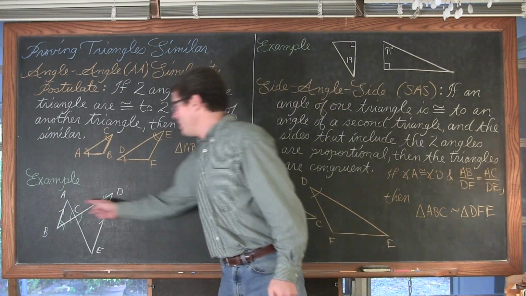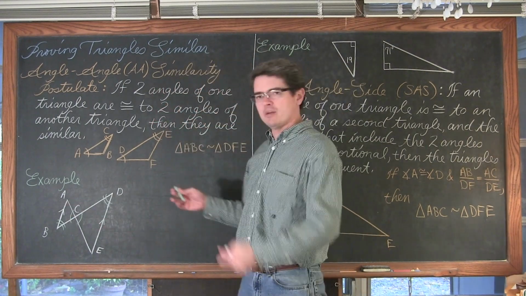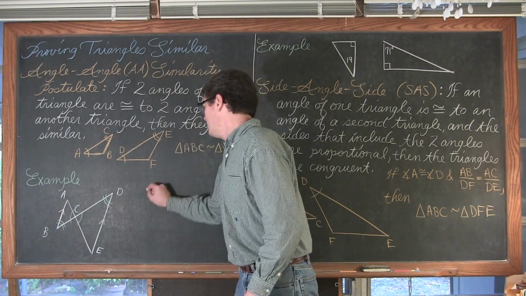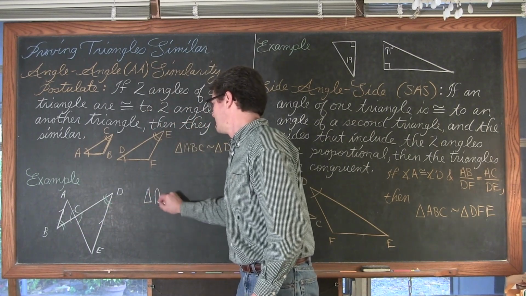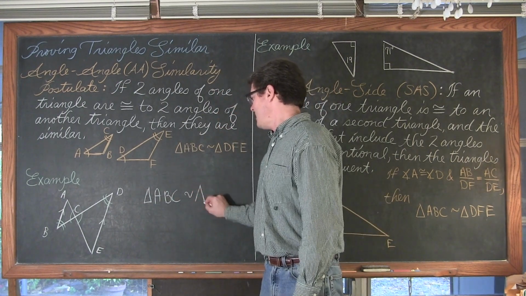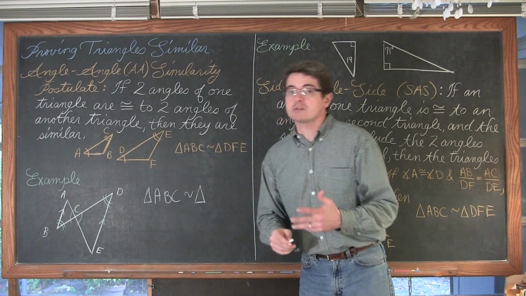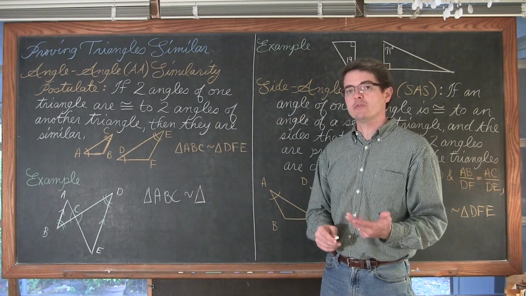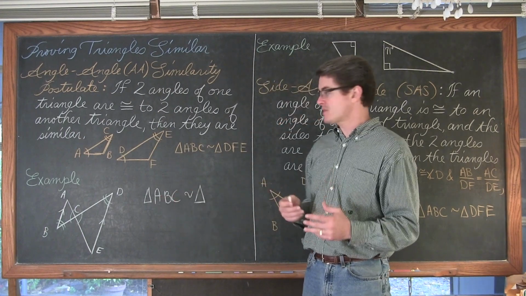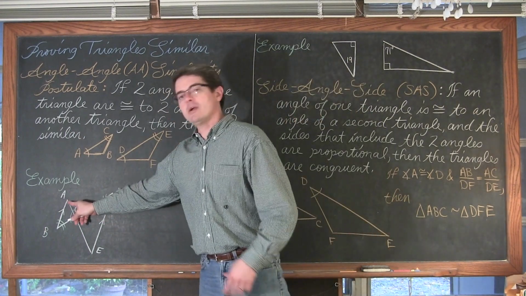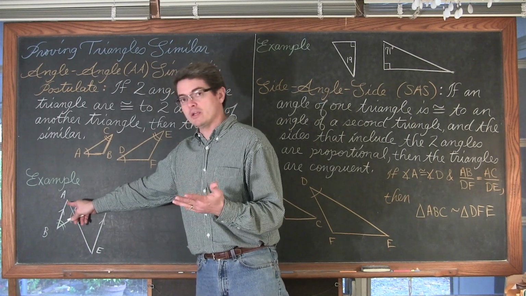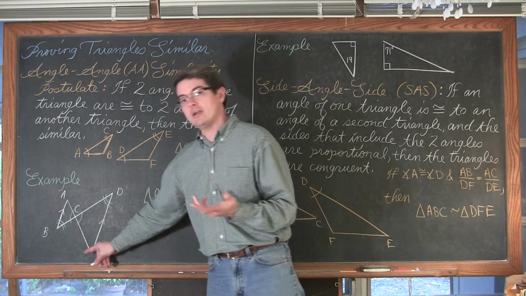Okay, at any rate, I want to say that these 2 triangles are similar. I'm just going to randomly say that this triangle over here is triangle ABC. Now when I go to, again, name my similar triangle, I have to remember, just like with congruent triangles when I was proving those, that I keep these corresponding angles in the same order. So angle A in this triangle has not been marked as a congruent pair, but it is, but there's no mark in it yet. So we see that A matches up with angle E.